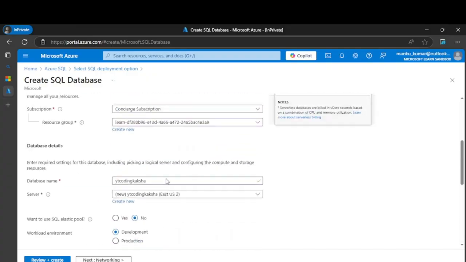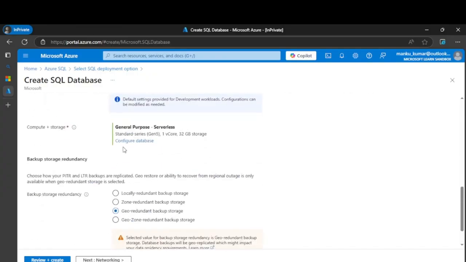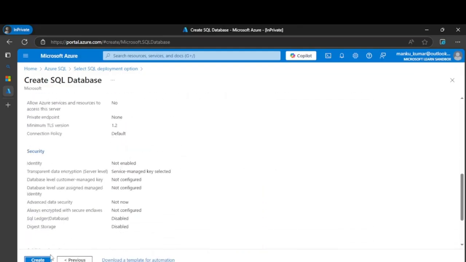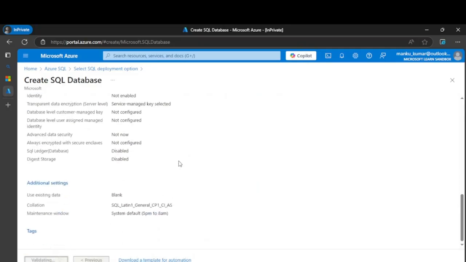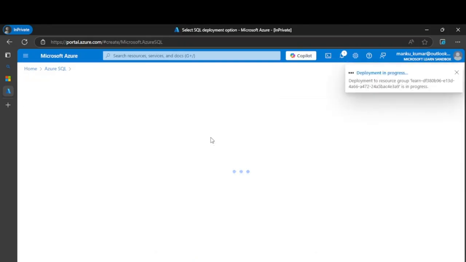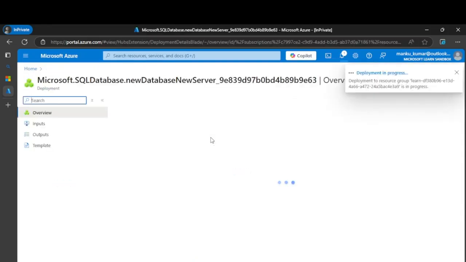Now for the database details, they are asking for all those things, but just go to review and create, and just create it. Because in the details part, how to establish this SQL database, what the database is, how we can set up the networking and the security, we will discuss all these things in a separate video. So we are just checking that our subscription, which we got without any credit card and all those things, is working correctly or not.